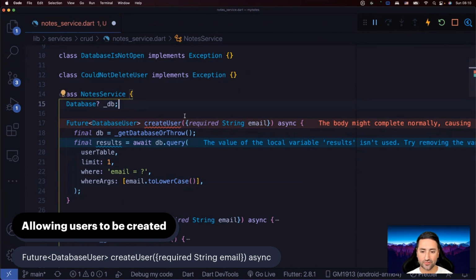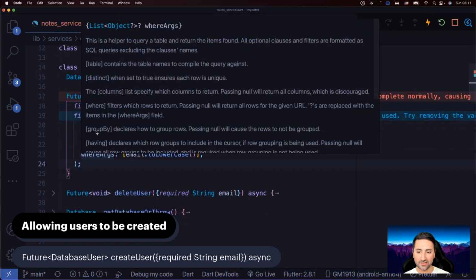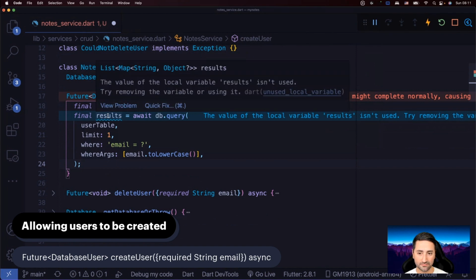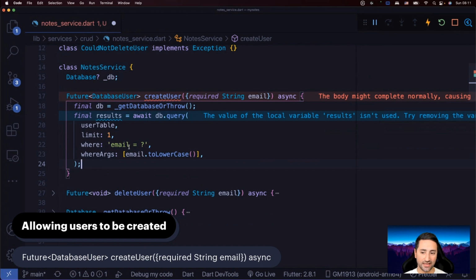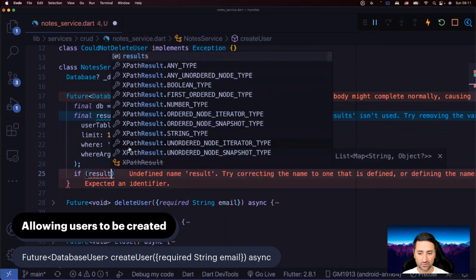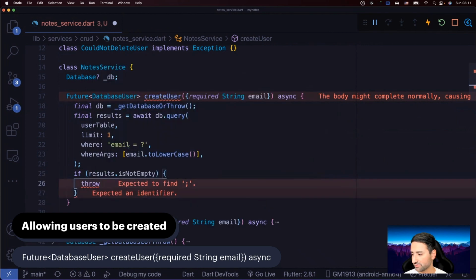So by us first making a query to the database and checking whether a user with the same email exists, we're basically avoiding getting an error for the uniqueness of that email later on at the SQL layer. So in this case, you can see results. If I move my mouse over it, it says that it is a list of rows. And if this list is not empty, it literally means that a user with that email address already exists in the database. So let's then say if results is not empty, then we're going to throw user already exists